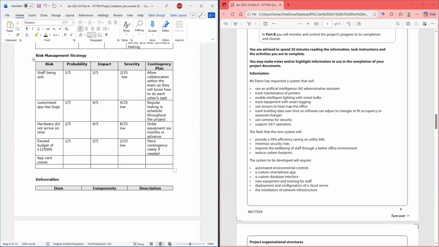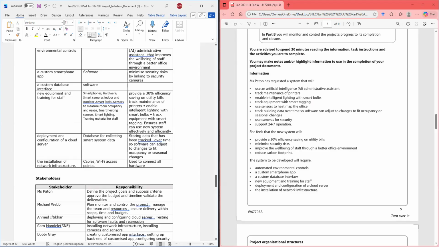So we have a custom database interface. So, okay, let's not use that one. Let's use the custom database. Let's use one that we can.